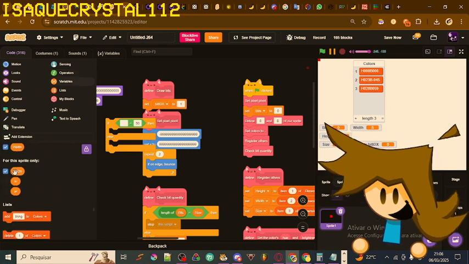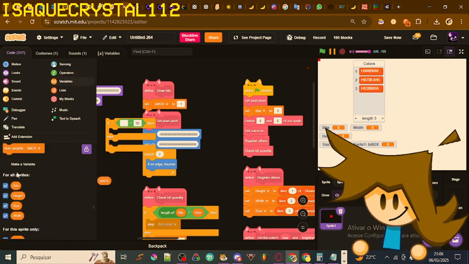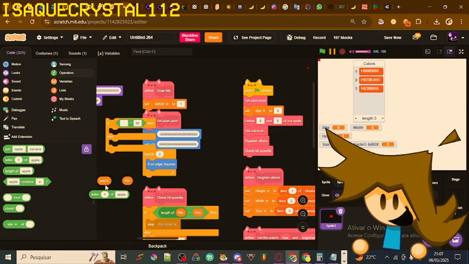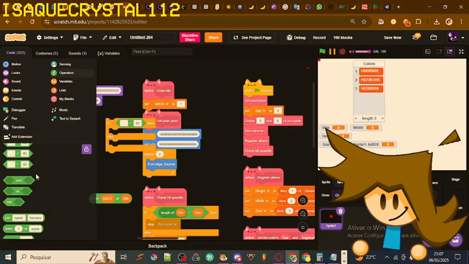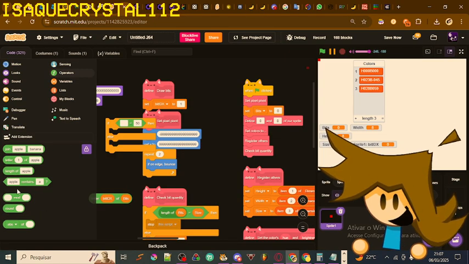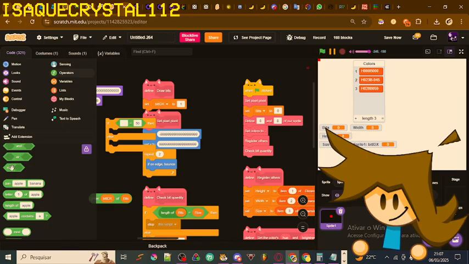If letter bit IDX of bits, so we're gonna grab here if letter bit IDX of bits is not equal to 0 or not equal to,